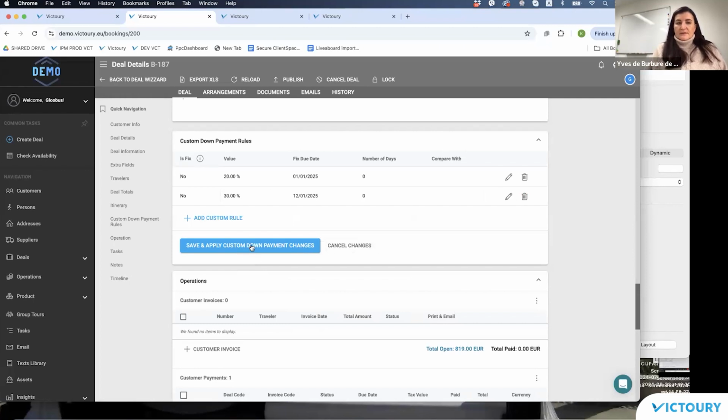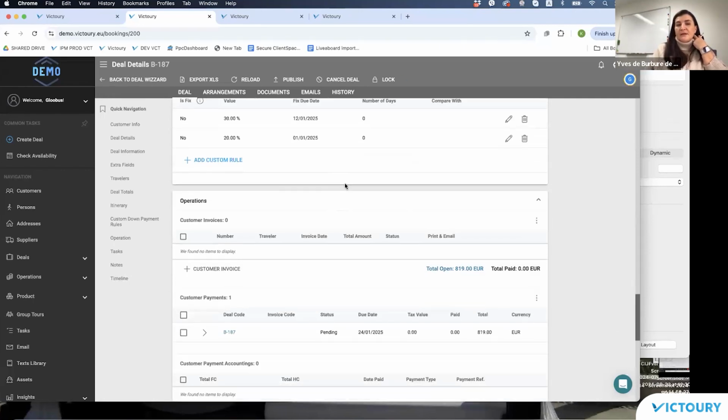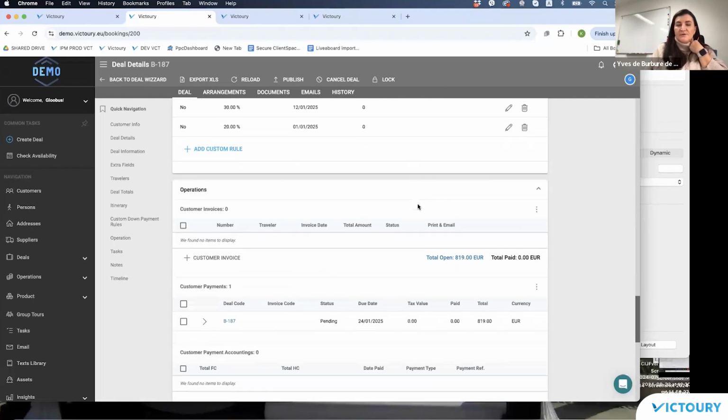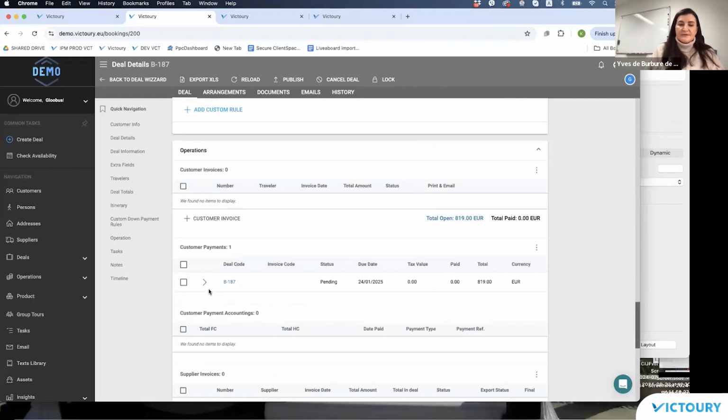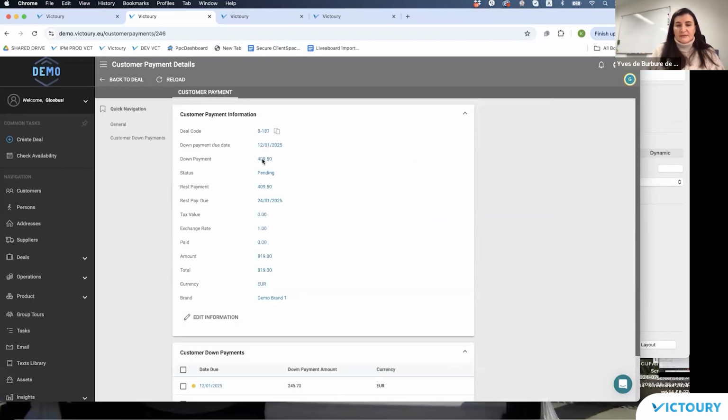And I have verified, and now I will just save and apply. The system reloads the whole deal, and the calculation has been redone with 2 down payments, each of them calculated as I have requested it. And the total value of them is actually shown in the overview. So it is half of the actual price, the 50%. 50% of the 890 is